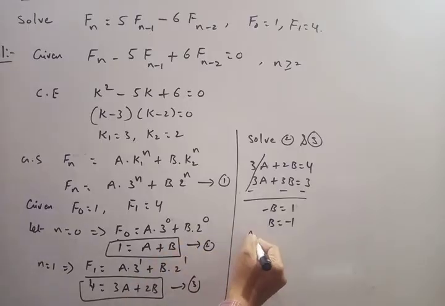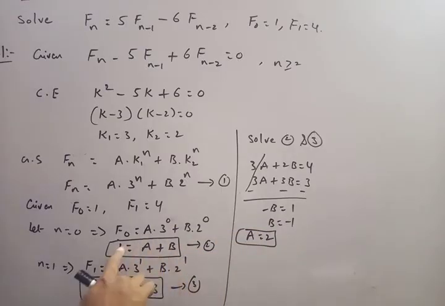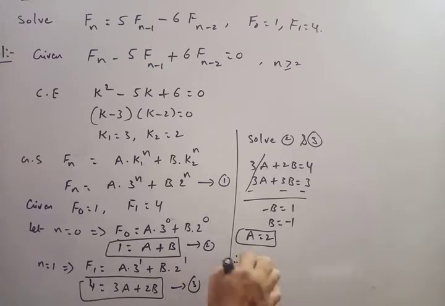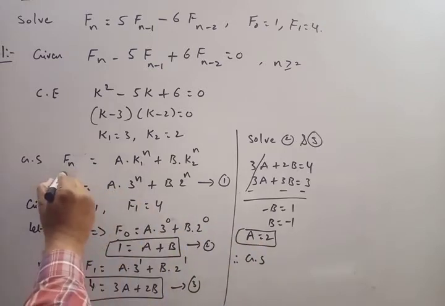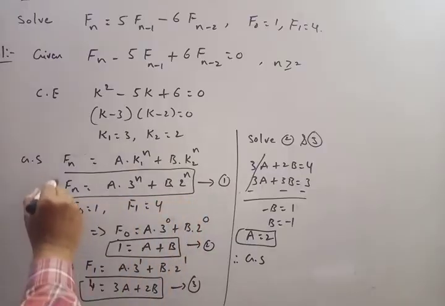So a is equal to 2, correct? So substitute here, b is equal to minus 1. It will come this side, plus 1, a is equal to 2. So therefore, for the general solution, both a and b will be substituted here. This is our general solution, right? So therefore